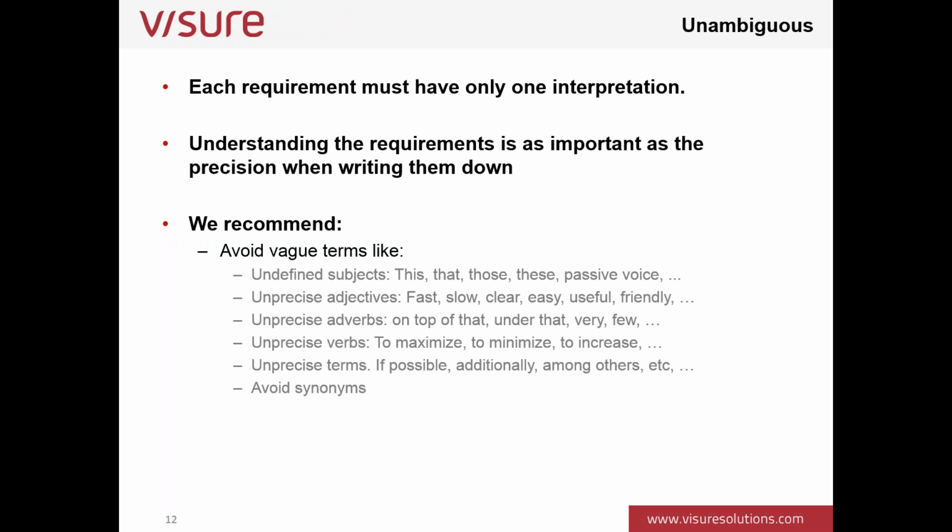Or saying that the performance in the version is going to be better. That's fine. Better than what? Better than the previous version. How much better? Just quantify that. It's not so easy. So always when reading the requirement, always think, can I interpret this in a different way than the way that I'm writing it down?